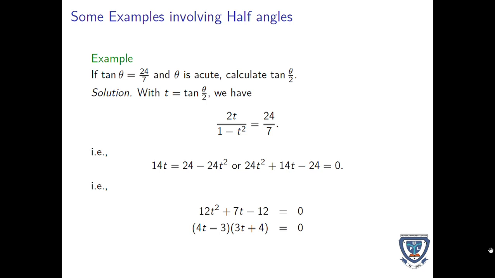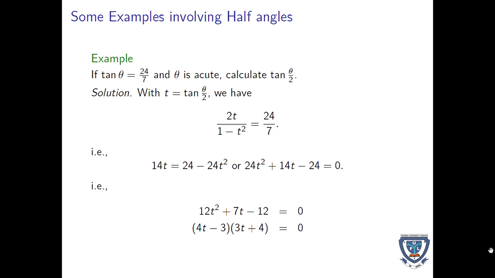Let's look at some examples involving half angles. Example: if tan theta is equal to 24 over 7 and theta is acute, calculate tan theta over 2. Solution: with t equal to tan theta over 2, we have that 2t over 1 minus t squared will be equal to 24 over 7. That is, when you do your cross multiplication and try to make t the subject, you are going to have this quadratic equation